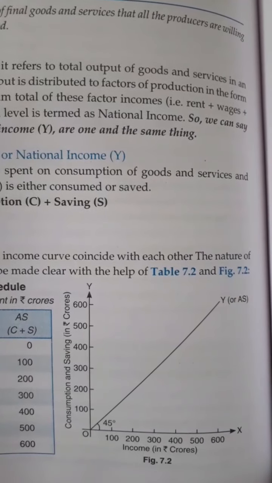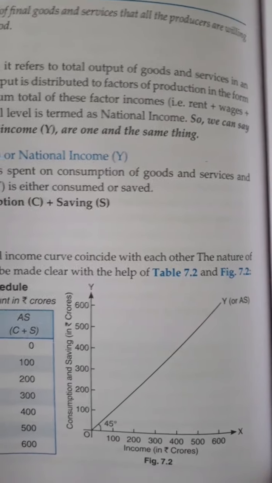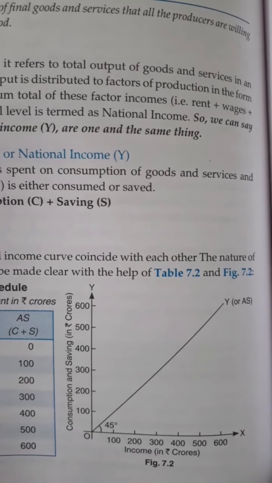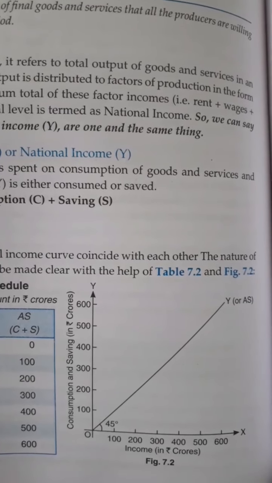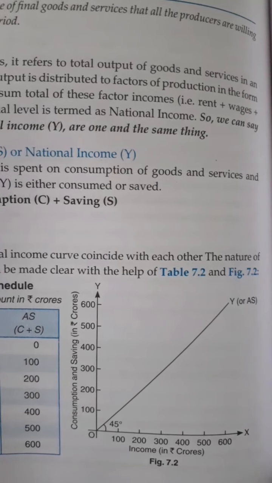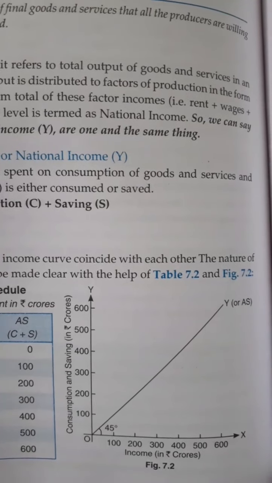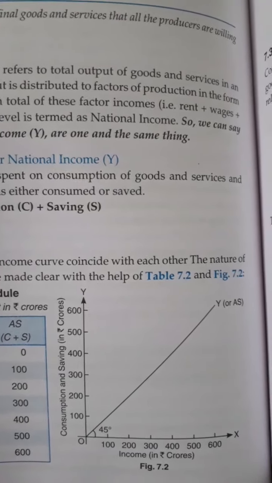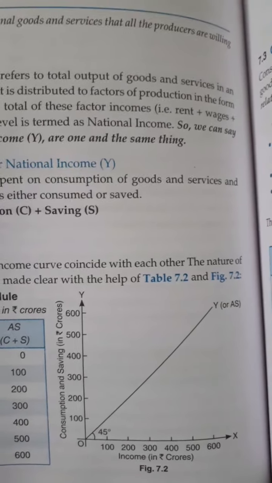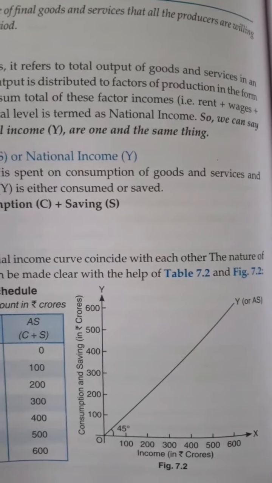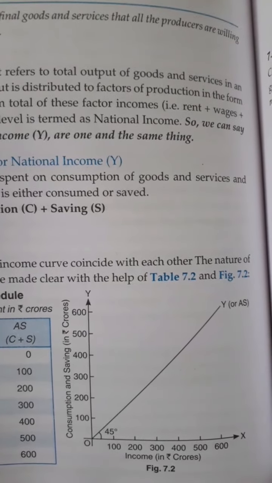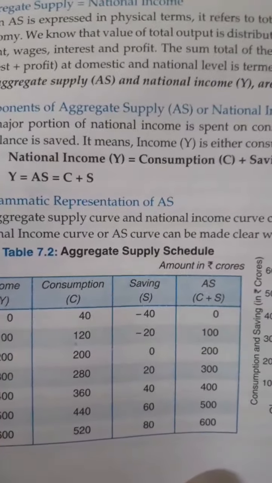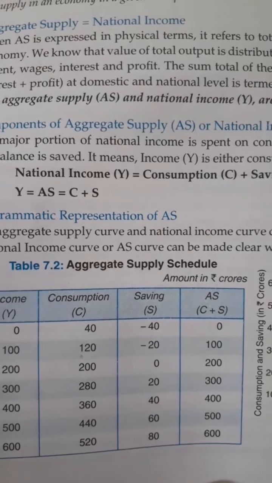This 45 degree line is not a real aggregate supply curve. The 45 degree line is an aggregate supply which shows certain analysis, that is when the consumption and saving curves are assumed to be linear. Assumed to be linear means as the income is increasing, consumption and saving will be increasing in the same proportion. That's it, the 45 degree line explains this. So aggregate supply can start from zero. Income will always be on the x-axis, AD and AS will be on the y-axis. And with the formula you can see, even if saving is negative, AS is coming zero.